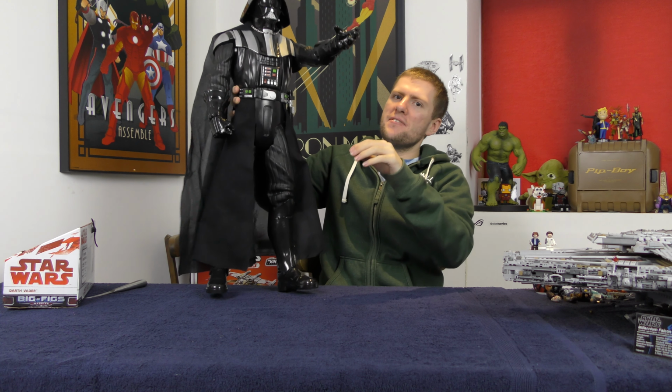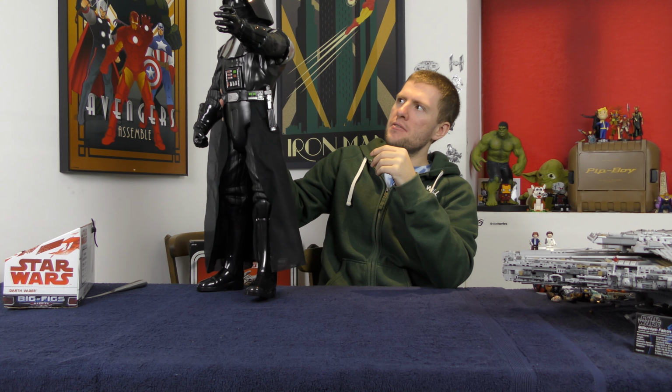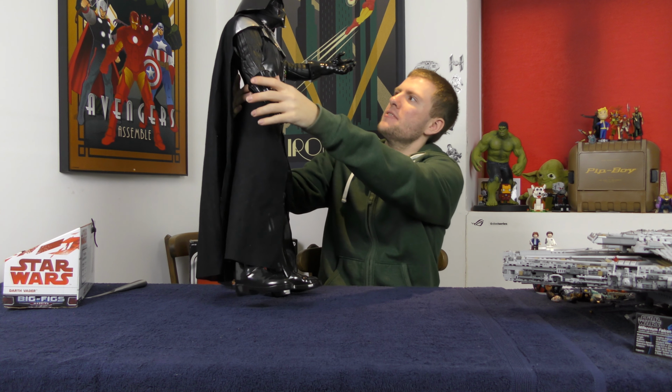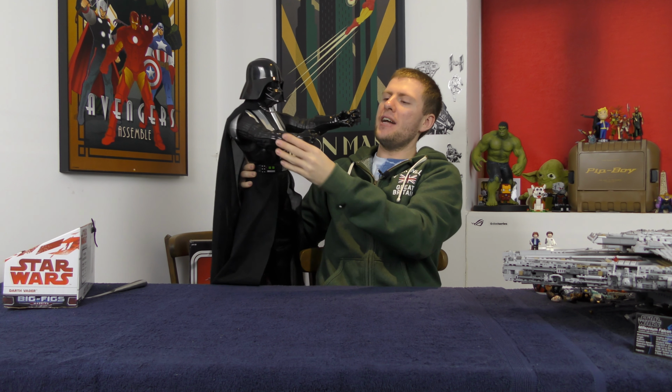See, the trouble is, whilst the arm does move, the shoulder also moves with it, which is normally fine on a standard action figure. But because his arm is painted on, the whole shoulder component of it moves, which I'm not sure if it should or not. So yeah, you can make it look like he's force choking someone. Suddenly I feel like a ventriloquist, and it's wrong. He's got his other hand in a fist,